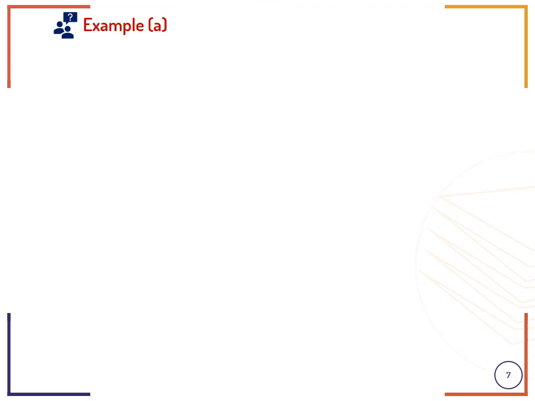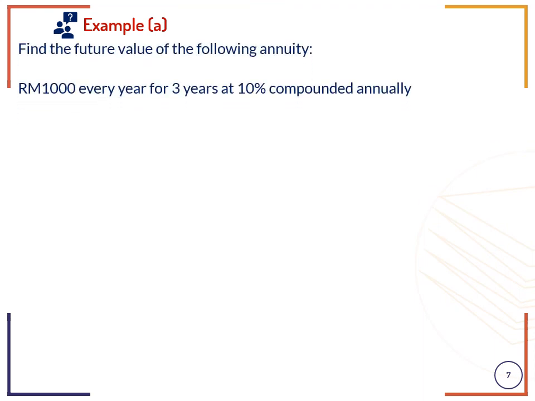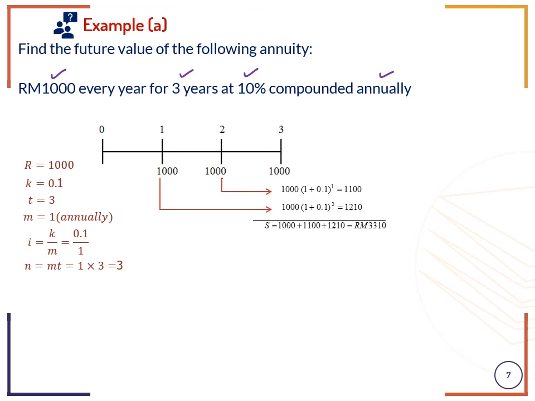Let's solve this example. Example A. Find the future value of the following annuity, 1,000 every year for 3 years at 10% compounded annually. First, identify all the important values. Given R is 1,000, K is 0.1, T is 3 years, M is 1, hence I is 0.1 over 1 and N is 3. Instead of solving it manually like this,